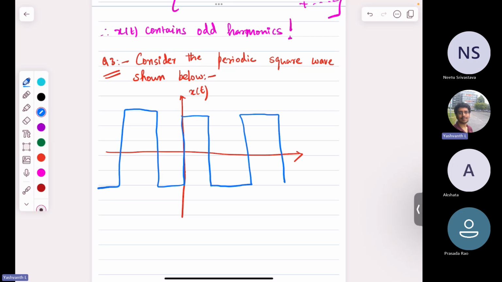This is the square wave. It oscillates between two values, A and minus A. And again, T naught by 2, T naught, 3 T naught by 2, and so on. Minus 2. So the question is,